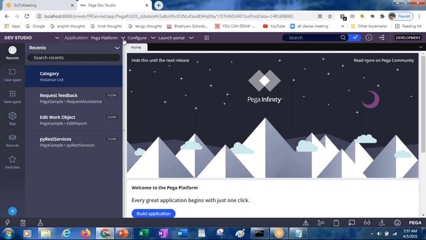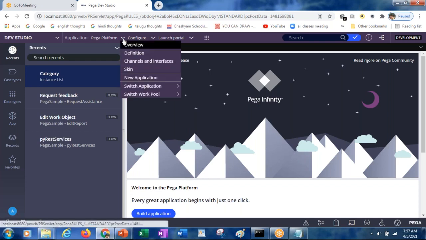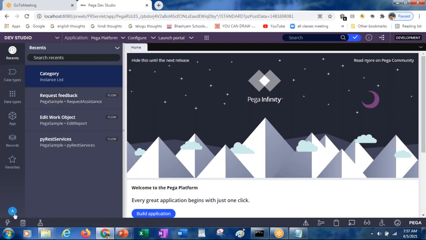Once you complete your work, in general, whether it is your Gmail ID, ICICIbank.com, or Amazon.in, what we do once we complete our tasks is log out. To log out of the application here, based on your operator ID, there is one operator ID icon. A indicates the administrator@pega.com operator ID. So after completing your work in the portal, you can select this operator ID,